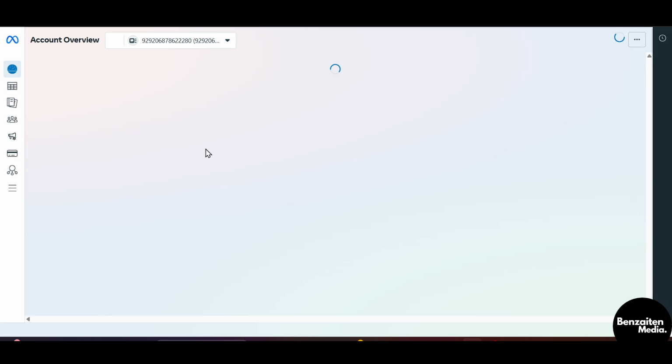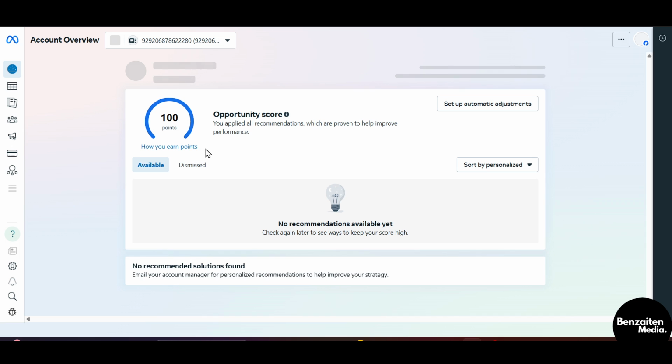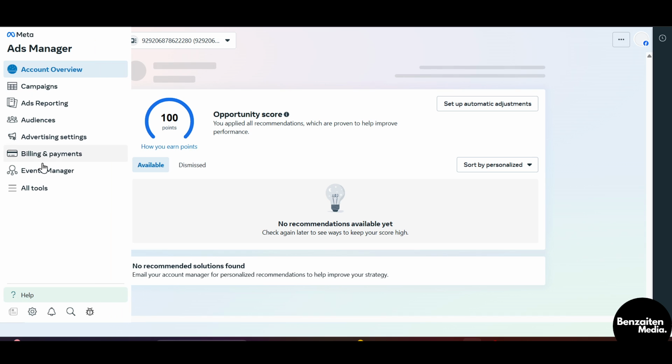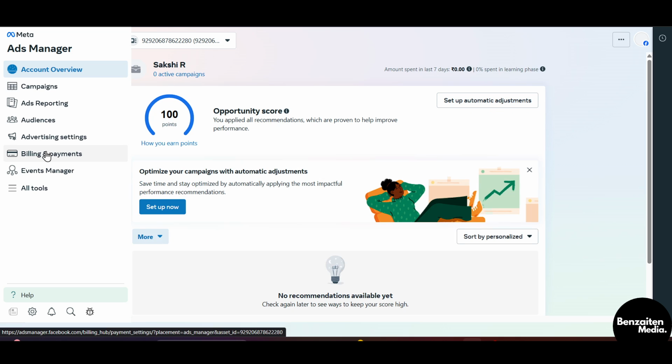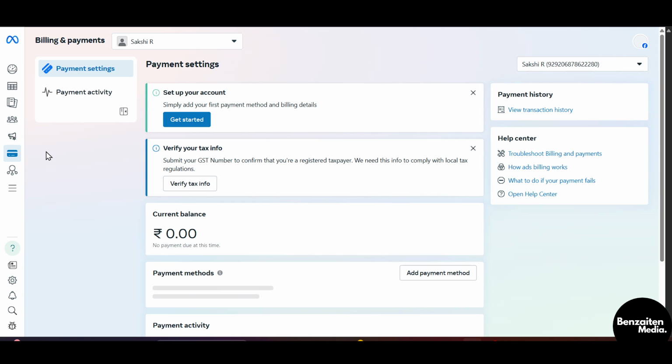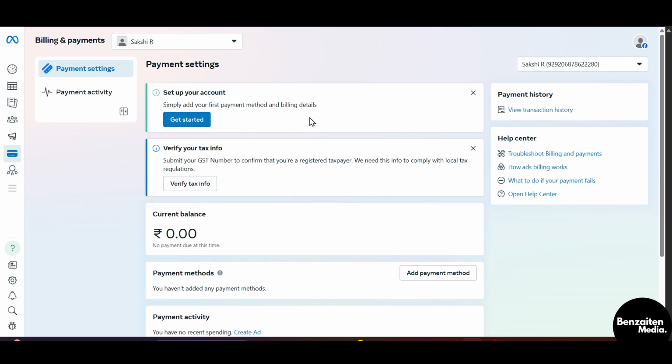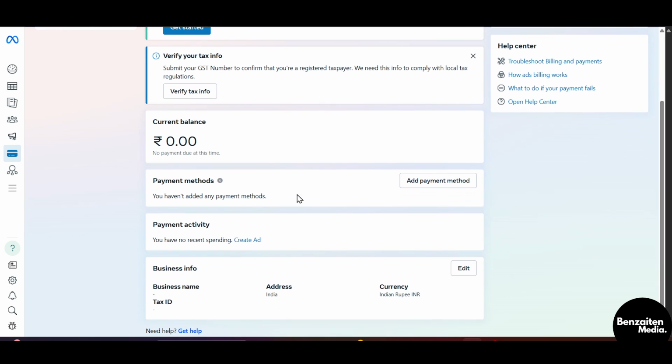Now, a new tab of Ads Manager will open, wherein on the left side, you need to hover and click on Billings and Payments. Now, after clicking on Billings and Payments, a new window of Billings and Payments will open up. Now, after opening your billing and payment settings, click on payment settings and from here scroll down a bit